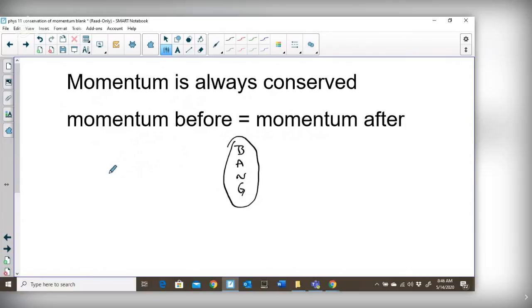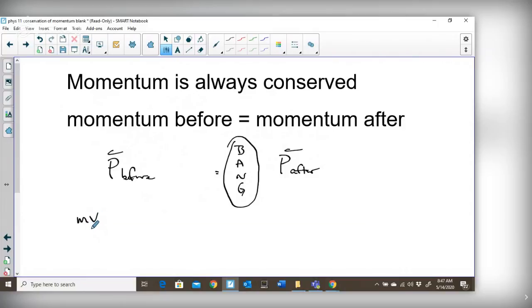And so what we will do is talk about the momentum before. We'd use P before, because the symbol for momentum is P, mass times velocity. And so then that equals the momentum after. So momentum is mass times velocity. But if we have